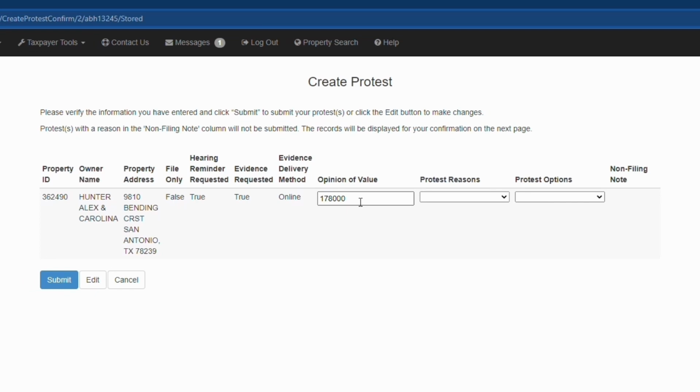For an opinion of value, typically you would have this number once you formulated that opinion based on all of the previous steps that I've provided in the video. If you're still waiting for estimates and bids to come back for deferred maintenance items, that's fine. What I would recommend in that case is just go ahead and put an opinion of value of whatever your assessed value was last year. This does not mean that this is what your final is going to be when everything is said and done. This is just a rough estimate to start things out with.